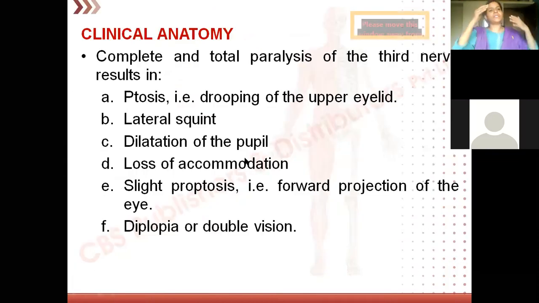Okay, once you know the basic anatomy of this oculomotor nerve, now we will try to learn the clinical aspects. Now the question will also be framed like this only: a patient has come with drooping of the upper eyelid. Drooping means ptosis, and the patient has